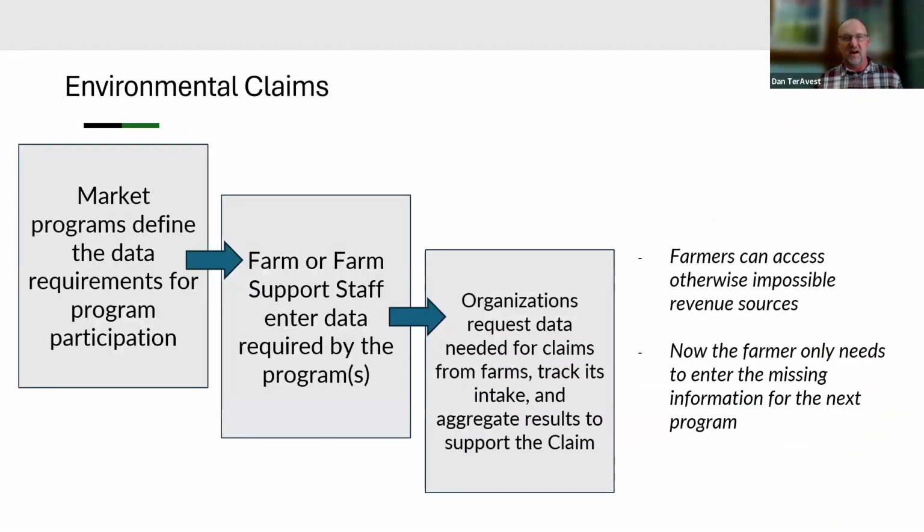And so kind of a more specific example, again, to talk about carbon markets, just because they're the market of the day. People talk about them a lot. The market defines what data you need to collect to participate in that market. So the farmer or their support staff, they go through and they enter it all in. And at that point, once it's entered into this farmer's ag data wallet, their own database, now the market can request it. And so they can effectively pull it out at the push of a button